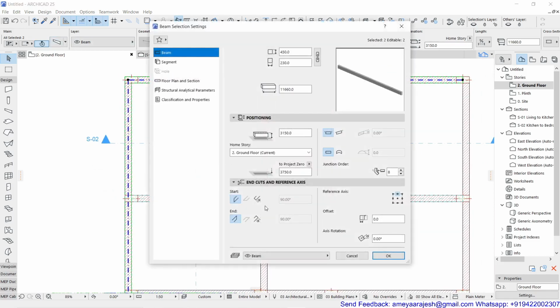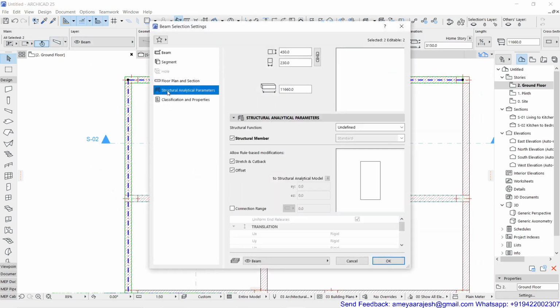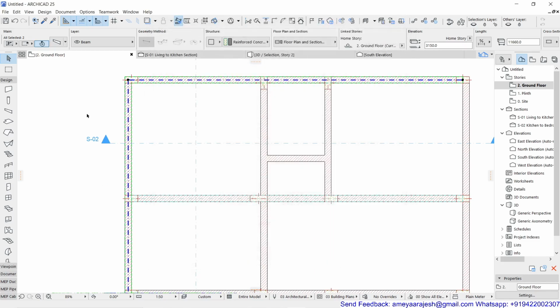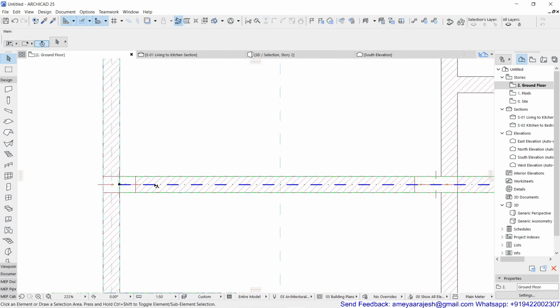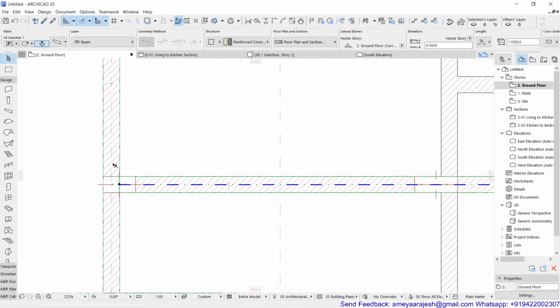Say for example, when you go and check the structure analytical parameters, it counts how your reference axis is intersected with the other beam, and how the framing is getting completed. So please always remember this. Even this beam now, and you can see the other beam.